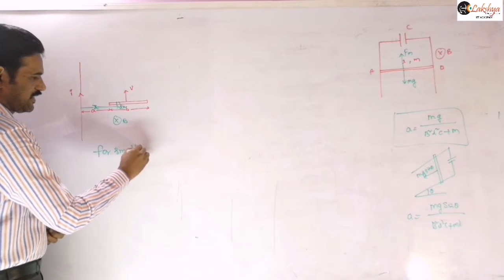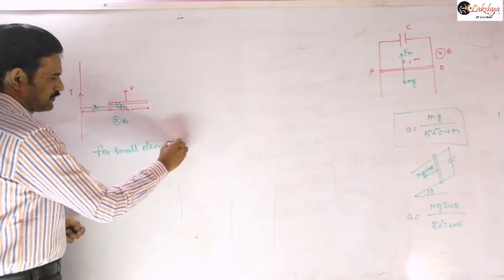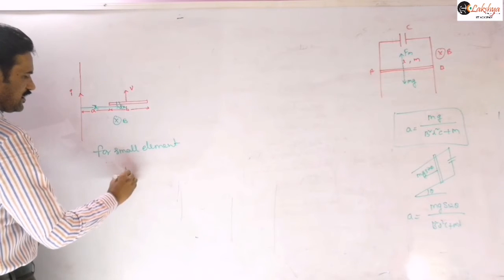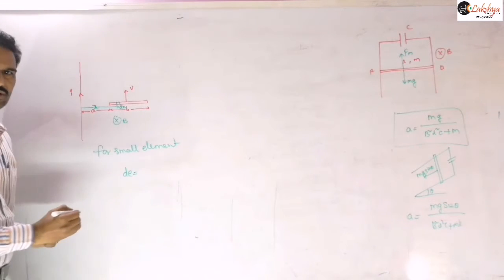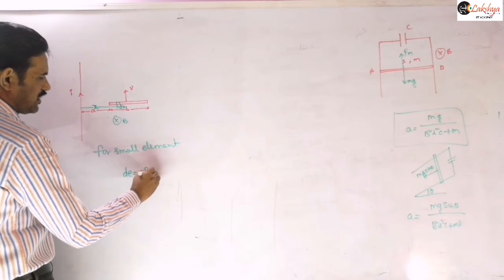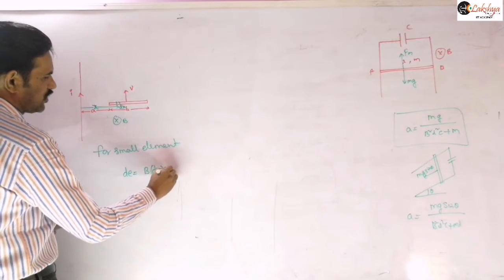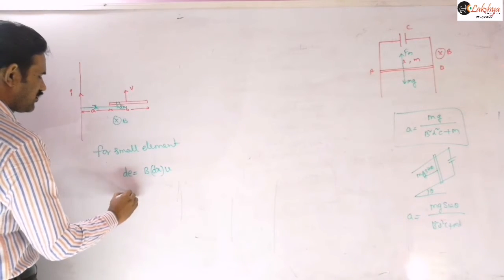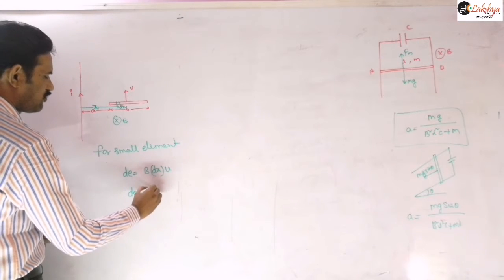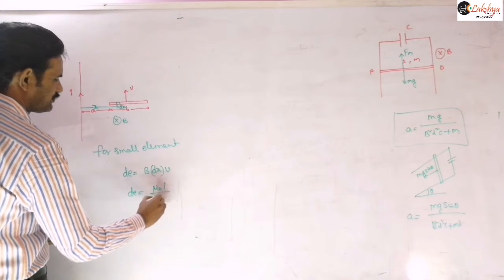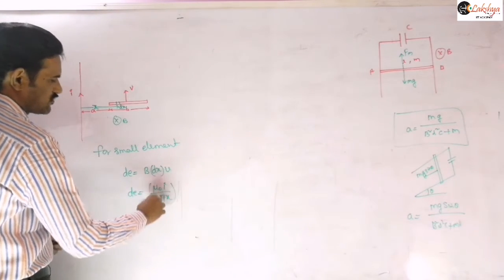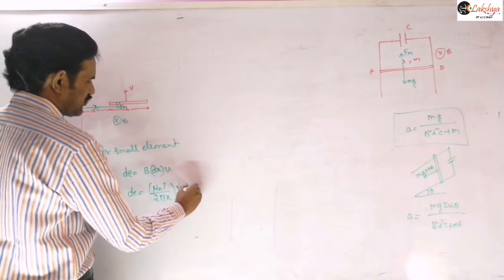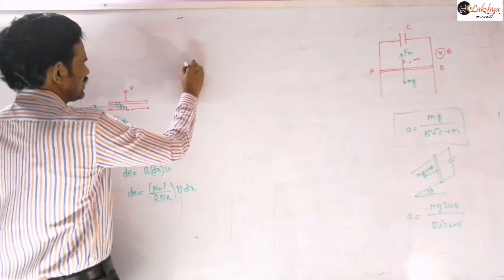So for the small element, what I can write here is dE is equal to the induced EMF produced in the small element there. So then B into dx into V, because these three are perpendicular to each other, so I can write this expression like this. Now B is nothing but mu naught I by 2 pi x, the magnetic field at a distance of x from this long current carrying wire. So dE is equal to mu naught I by 2 pi x into V into dx. Therefore you can integrate this equation here.